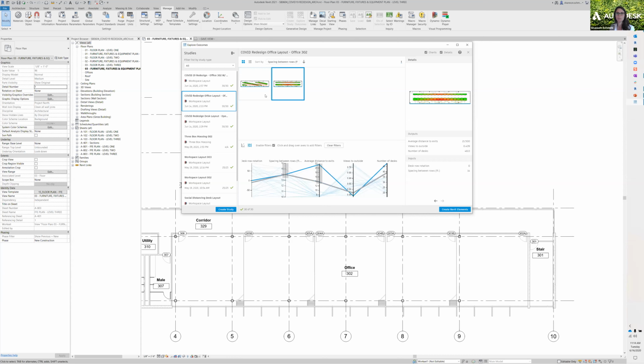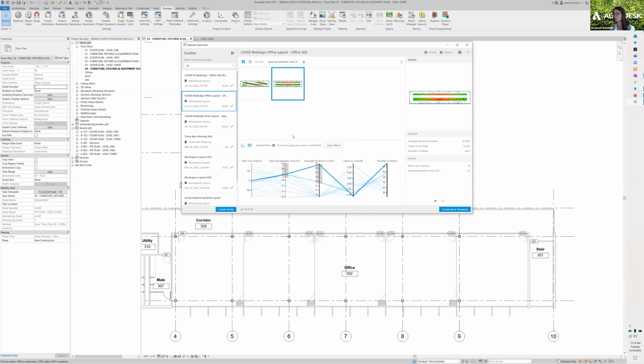So you can take both of these options forward for the next phase when we start to talk about analytics of how air moves through the space and how people move through the space. So you're not making the decision in a bubble. The other benefit that we're going to gain from generative design as we're starting to redesign a lot of spaces